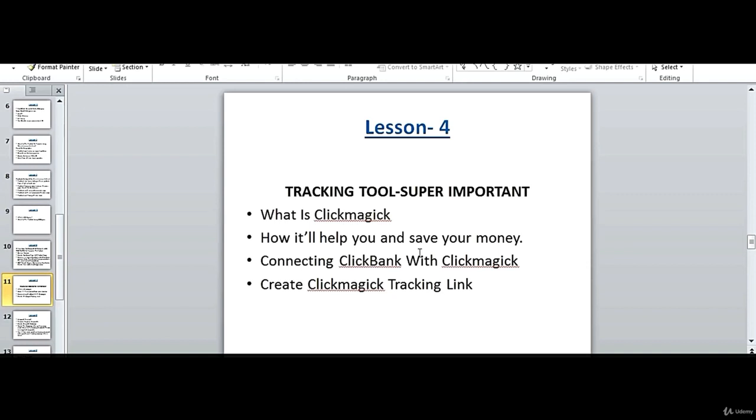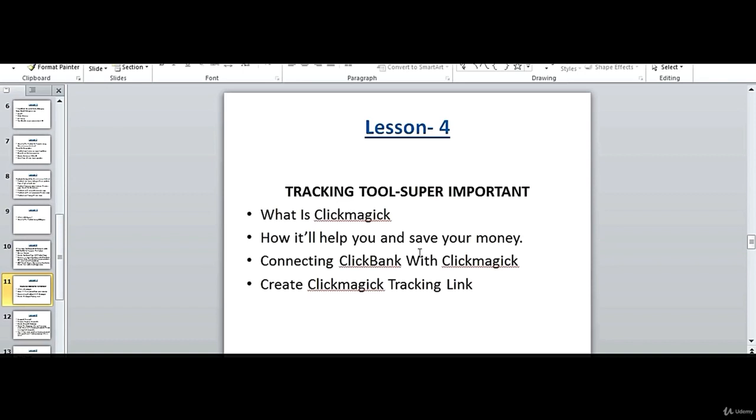It gives us all the details about the link clicks we are getting from different traffic sources, as we'll be promoting our products on different traffic sources. So it gives us all the minute details we require, right? We can double check the quality of the links we are getting from a specific traffic source, and we can get to know which traffic source is working for us, right? Also, which keyword gave us the customer or the subscriber. This is super powerful, guys.